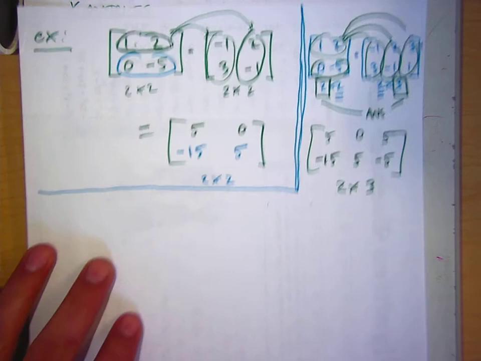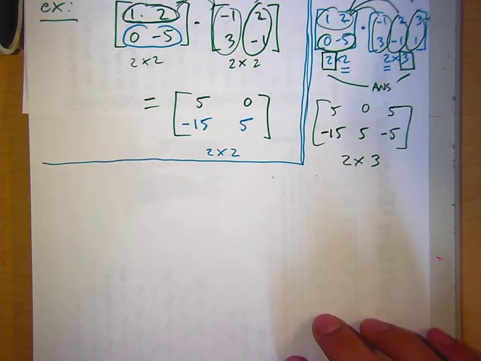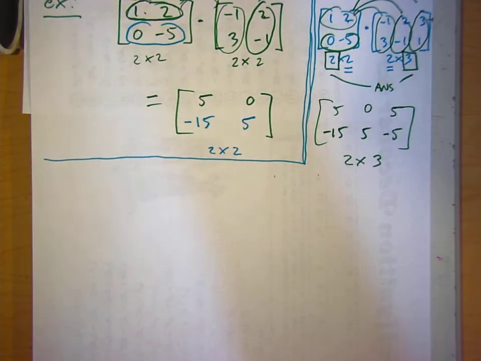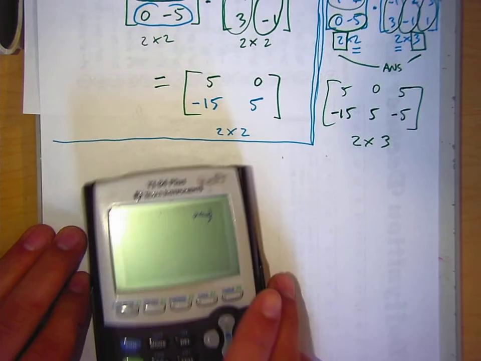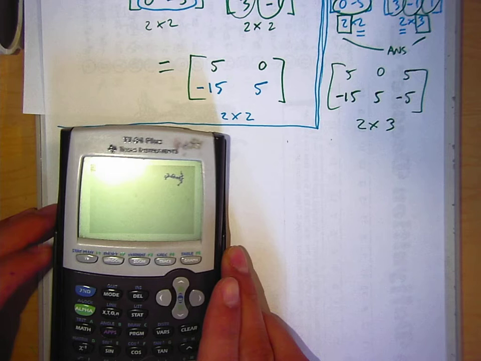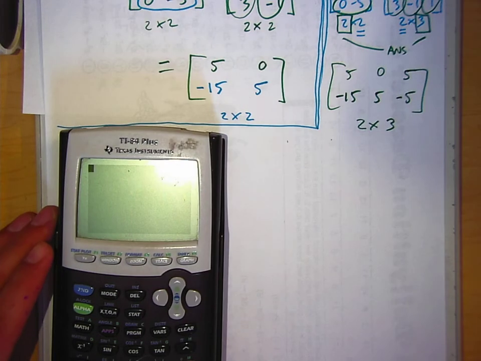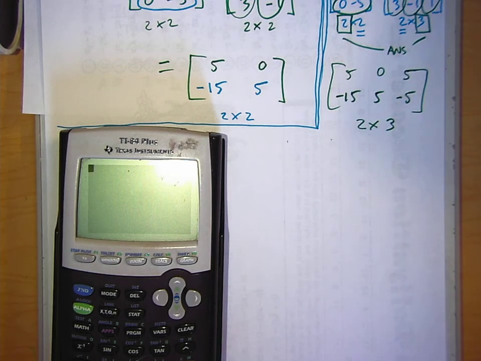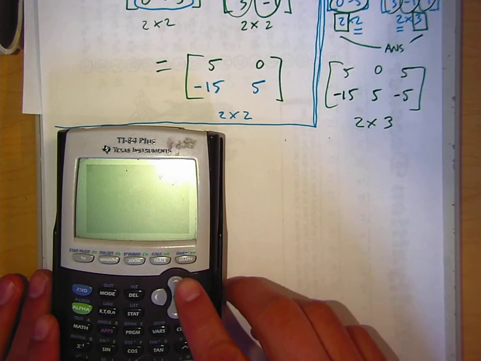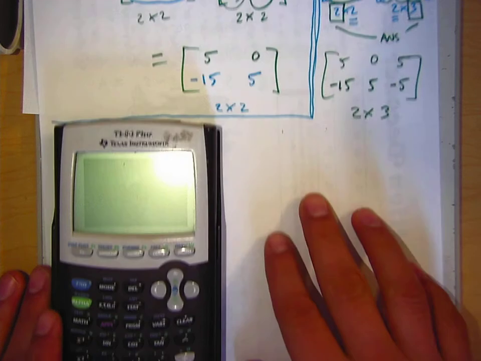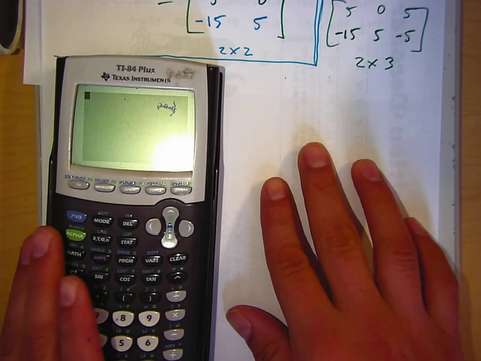Okay, let's review then how to put these into the calculator, because sometimes in the homework or even on a quiz or a test, I might just give you, here are 5 matrices, A, B, C, D, E. Do all these different things with them. Add them up, multiply them, do 3A minus 2B, all these different calculations. And it'd be nice to know how to program these in here so you don't have to do it by hand. Okay? So on the calculator,